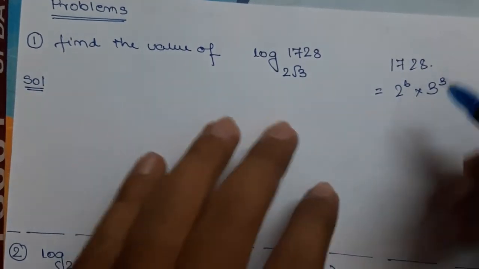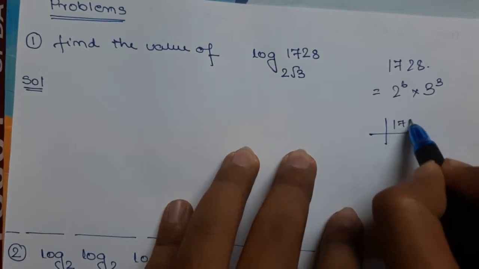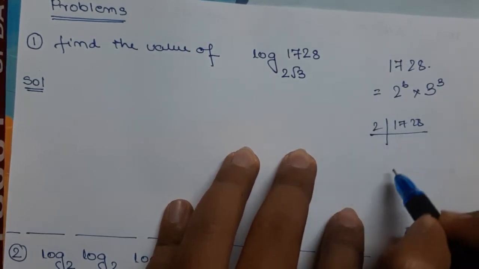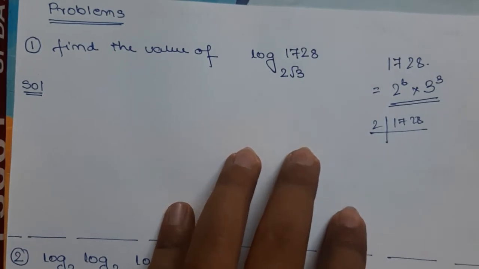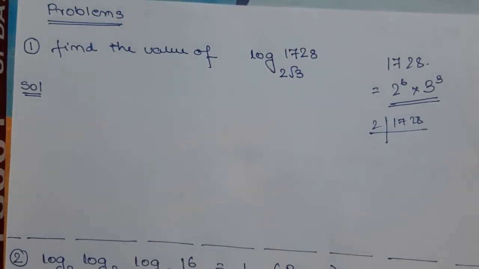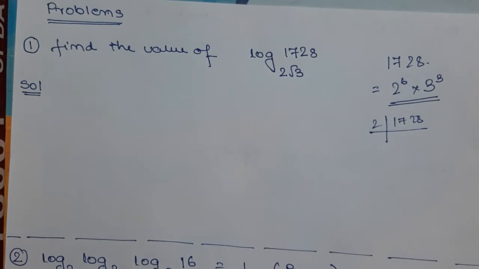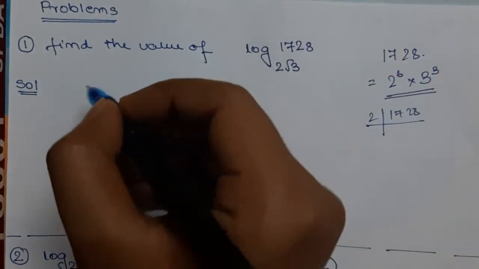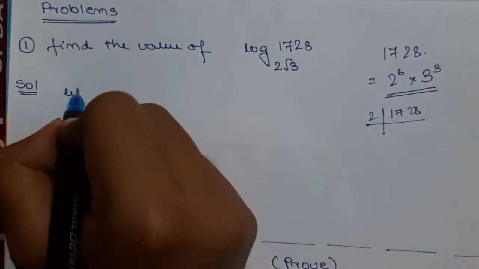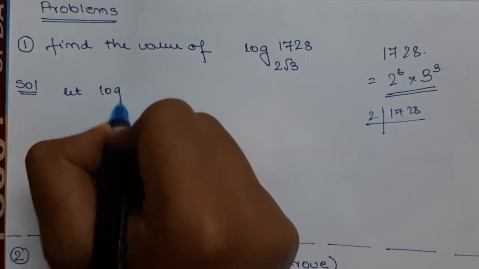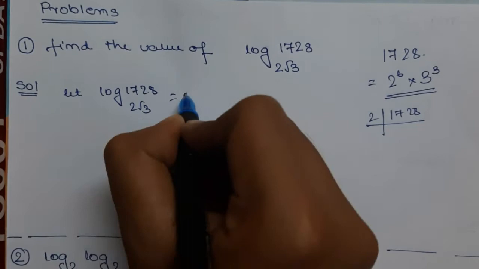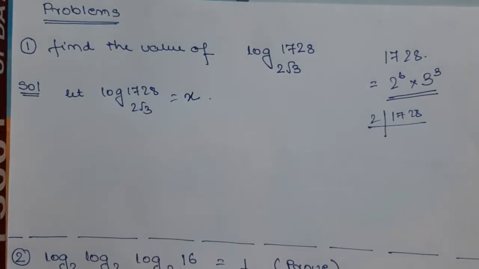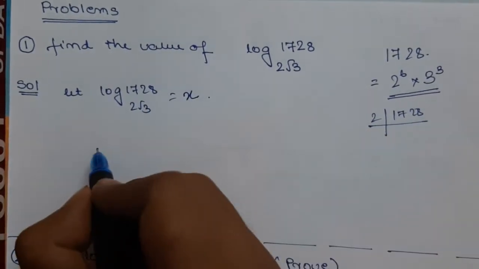If you find the LCM of this value by dividing 1728 with 2, 3, 4, it will give the result 2 to the power 6 into 3 to the power 3. Okay, now how to solve this problem? It's a very easy problem. Suppose we take this value to be x. Okay, now as I have told, push this,